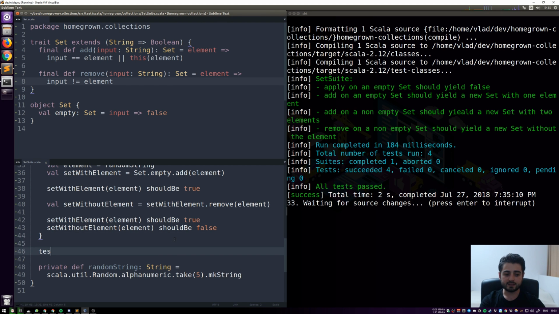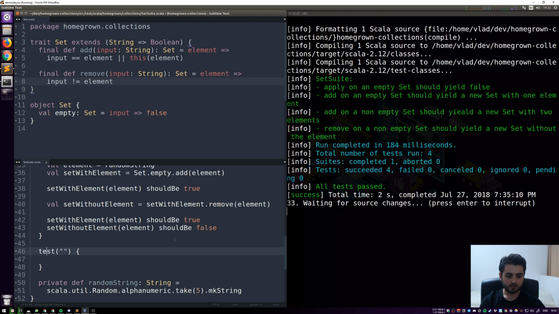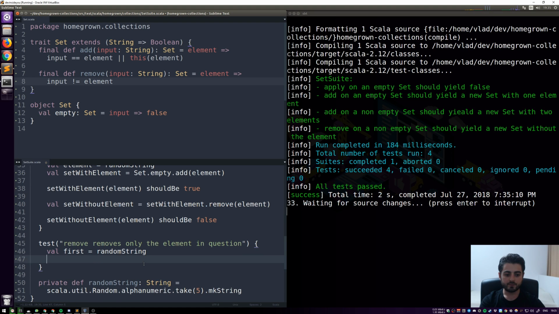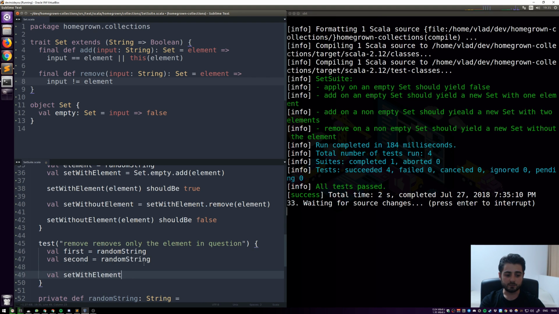So if we're going to add the next test, which adds actually 2 elements and then removes 1, let's do that. And by the way, remember, this line was still true. I'm going to remove it now, but it worked. So the old set remained intact. All right, so remove removes only the element in question, right? So we're going to have, again, val first equals random string. I'm going to have val second equals random string, and we're going to have set with element as before equals